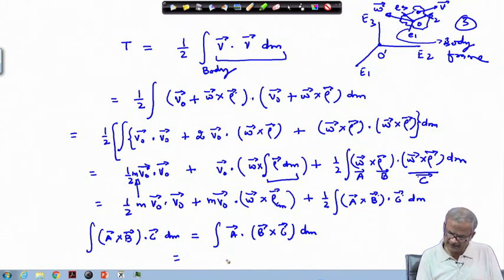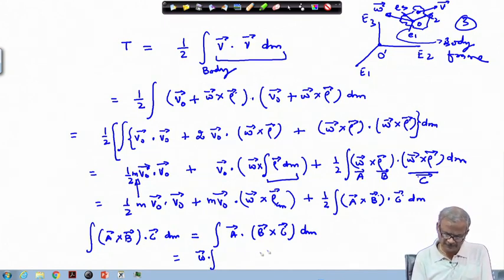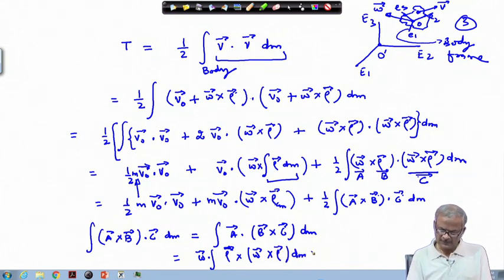And if we insert it back here in this place, A is nothing but omega, so that becomes omega and it can be taken outside the integration sign because it does not depend on this dm or the mass. B is rho, so this rho will be put here in this place, cross, and C is omega cross rho. And in great detail we have worked out this term inside the integration sign and this is nothing but your